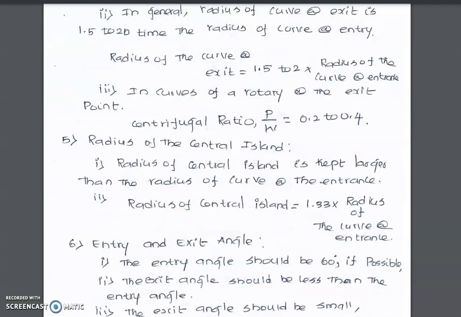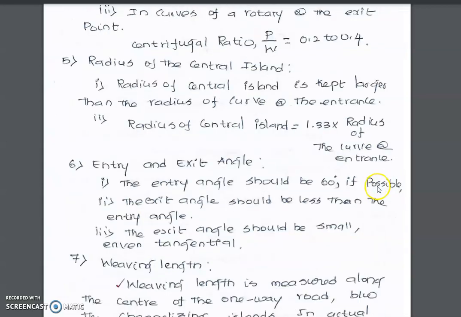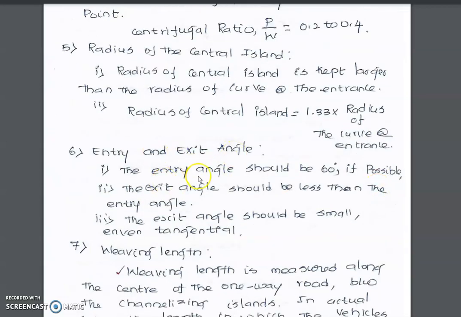So the radius of the central island is kept larger than the radius of the curvature at the entrance. The radius of the central island is equal to 1.33 times the radius of the curvature at the entrance level. For entry and exit angle, the entry angle should be 60 degrees if possible. The exit angle should be less than the entry angle, so the exit angle should be smaller